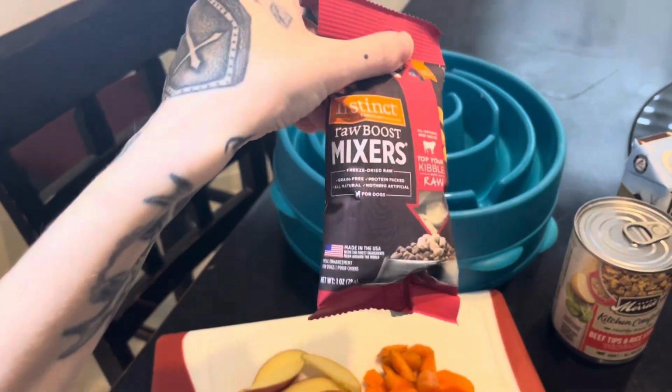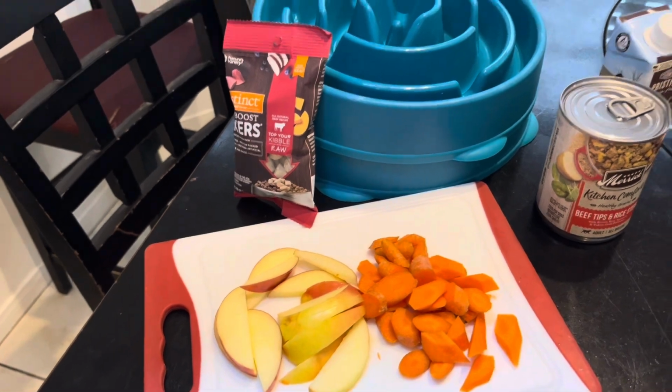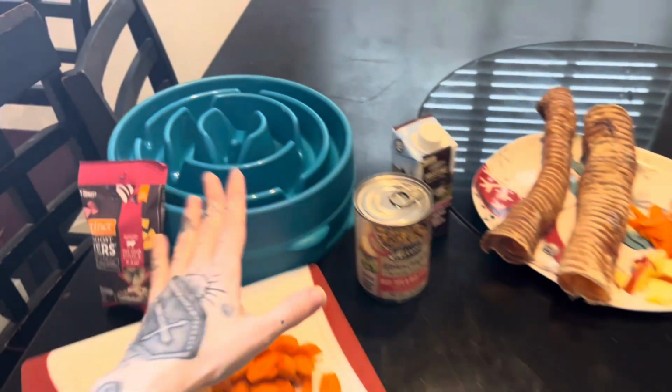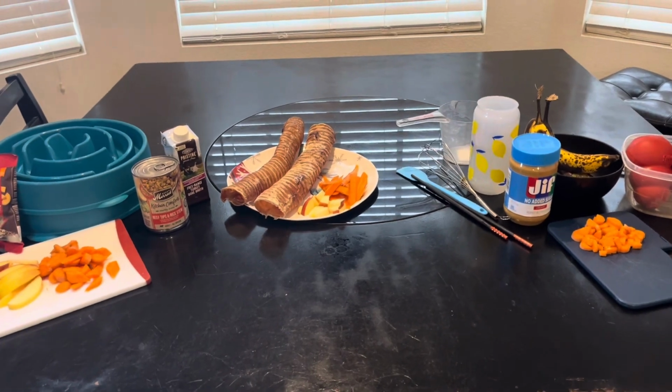I'm gonna mix these little raw boost mixers and the rest of that apple and carrot into these. And then all of this stuff will go into the freezer for about 24 hours. I'm gonna show you guys in a sped up version how I do all of this real quick, but I'm